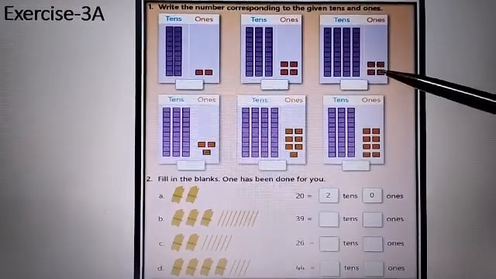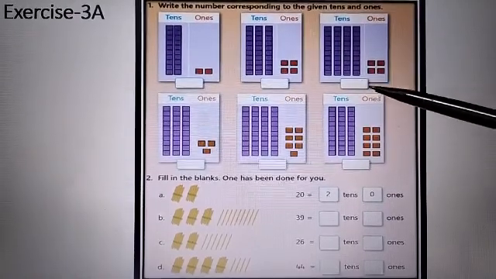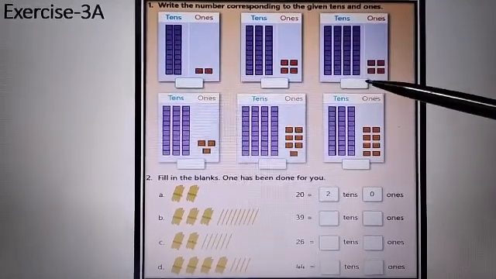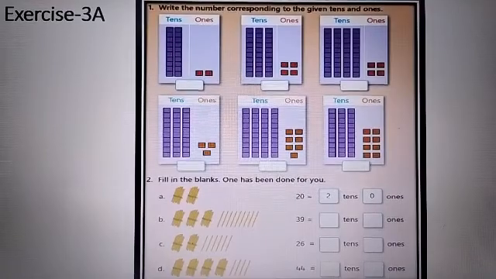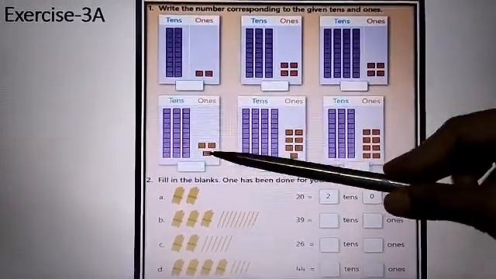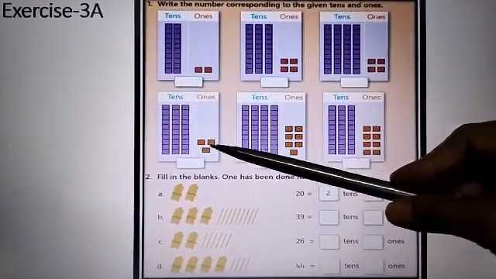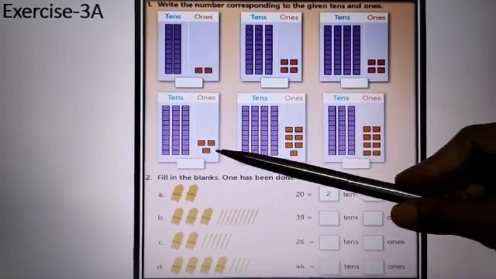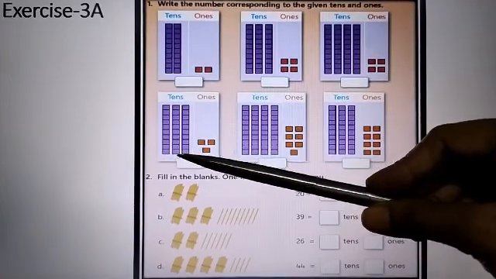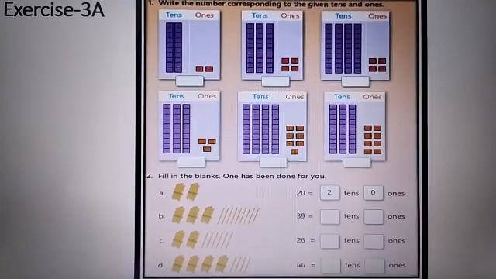Next. 1, 2, 3, 4. Again 4. Here on the ones place you will write 4. Now let's count tens. 1, 2, 3, 4. 4 tens. Are you getting it, students? Good then. Let's count. Come on, count with me. 1, 2 and 3. So write here 3. Now count the tens. 1, 2, 3. Write here 3 as well. Very good, kids.